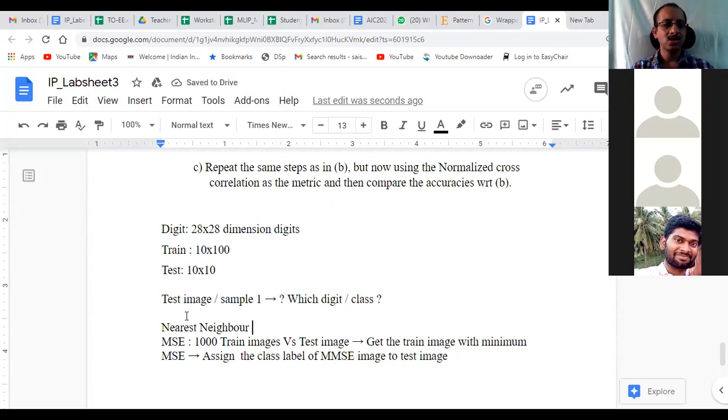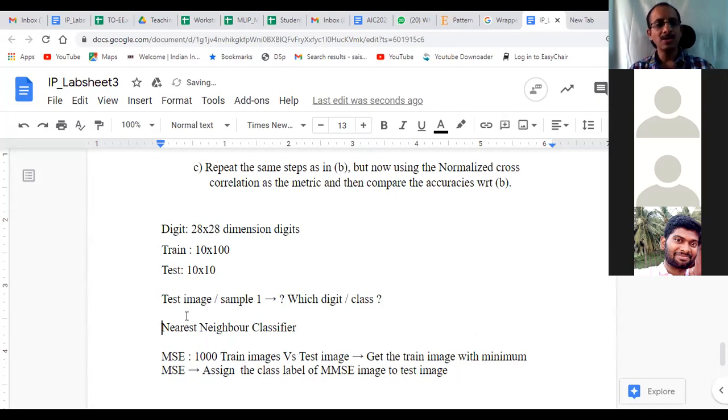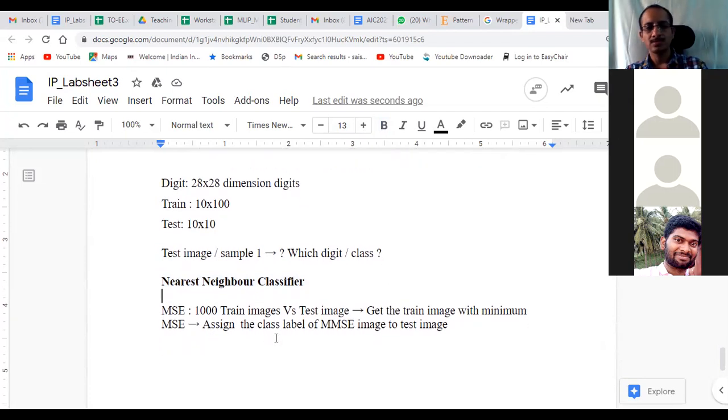So any ideas here? Should I do it slightly differently? The question here is, I have classified one test image now. Okay, I may have 100. I have now 100 test images. Then what will I do? I have 100 test images, right? So then what do I do for classifying each of the test images? What do you think I will do?